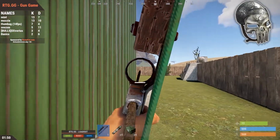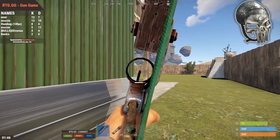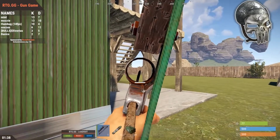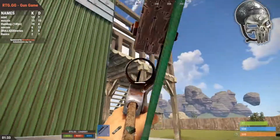Now back to what I called it earlier, the Four Deuces Skull Mask. This was actually their original name for it, although due to its close resemblance to the Punisher mask from Marvel, it was quickly removed from the item store and its name was changed to the Punishment Mask. All of this has carved the path for it to become the holy grail of Rust skins, selling for over